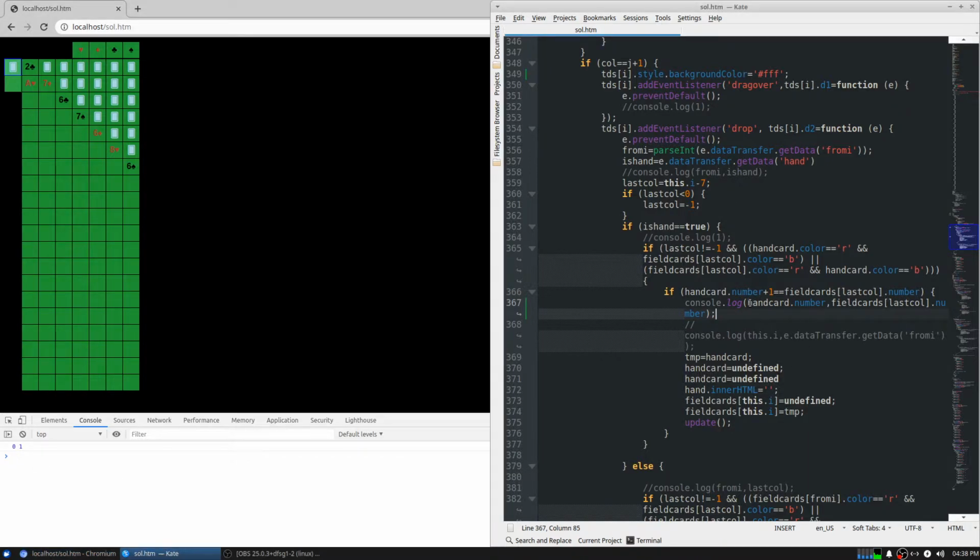So ace is 0, and 2 is 1. So if the ace plus 1 equals the 2, which is 1,